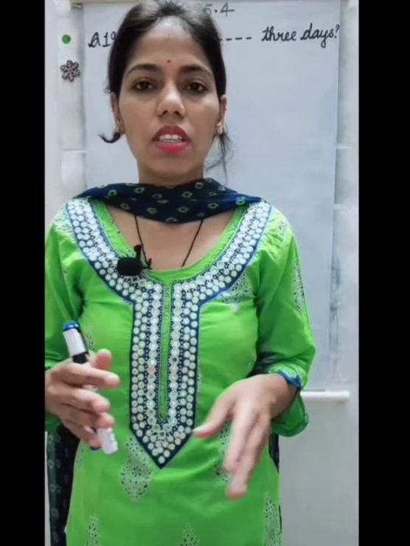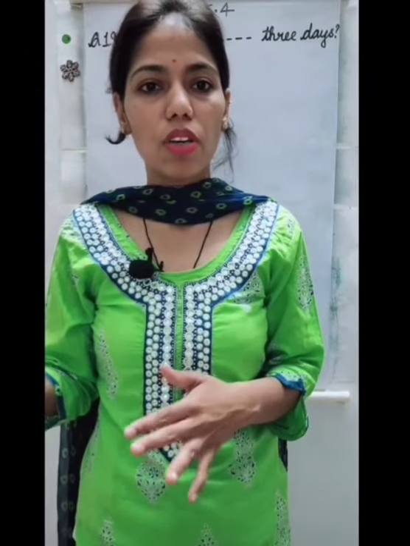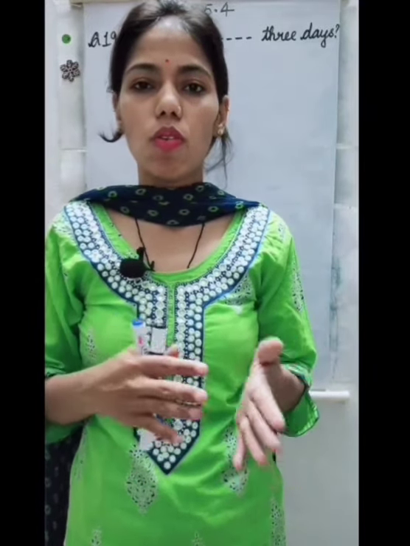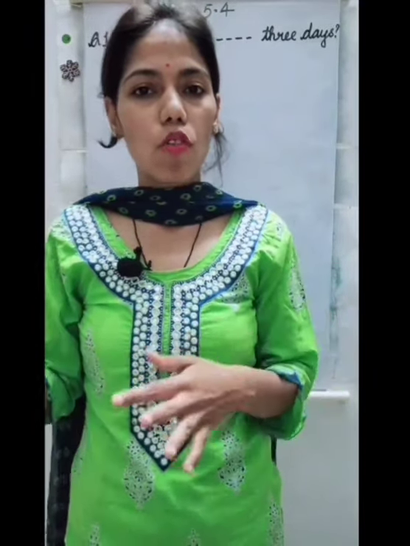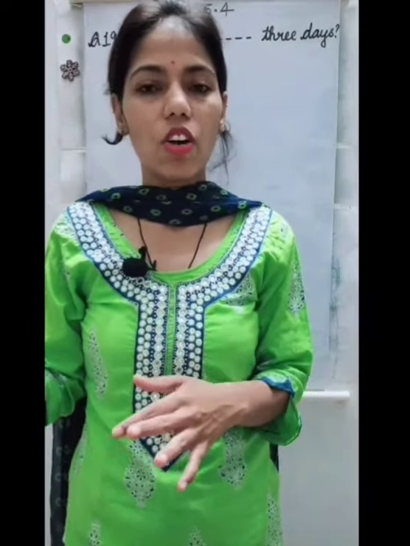So a girl named Rinki is reading a book, and on Monday she read 1/3 part of the book. On Tuesday she read 1/8 part of the book and on Wednesday she read 1/12 part of that book. Now we have to find out what fraction of the book she read in 3 days. So we have to find the total fraction of the book she read in all. For that we will do addition. So let's do the solution.